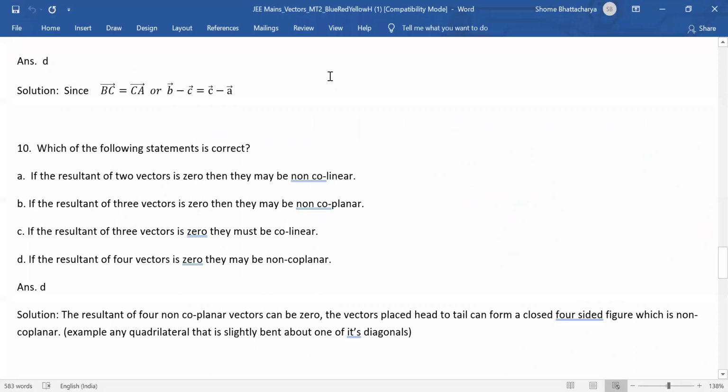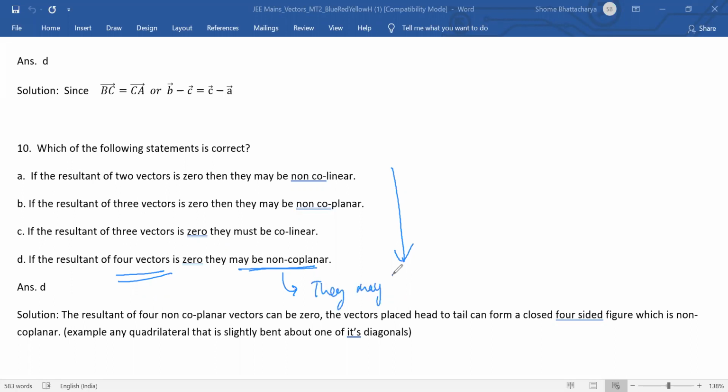Okay, so now this question you will understand very easily on the basis of what we discussed today. We had a very detailed discussion about the condition for the resultant to be 0. Okay, so this was the ultimate correct statement that 4 vectors, they may be non-coplanar because